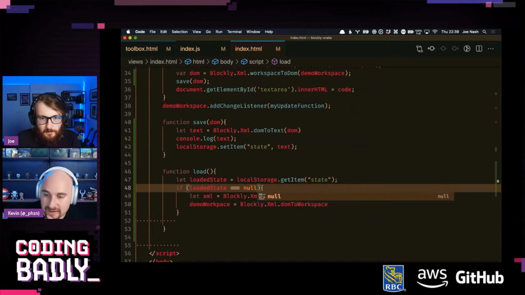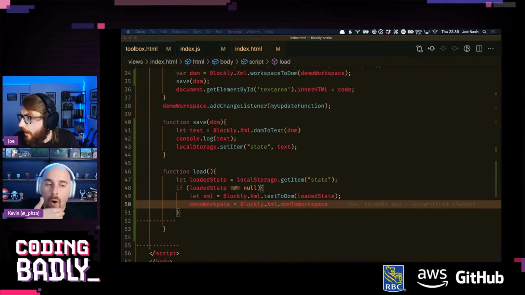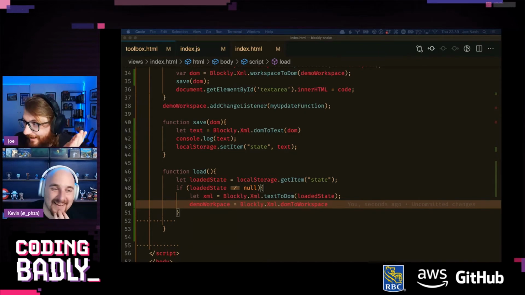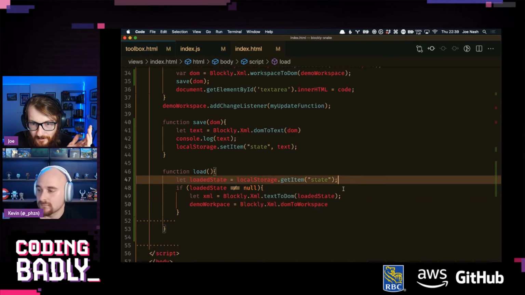Does the workspace not have a way to overwrite with new DOM/XML? That's a very good question, Matt. You would assume we know this API. That is an assumption, and you know what they say when you make an assumption. And it has append DOM to workspace. Decode an XML DOM and create blocks on the workspace. Position the new blocks immediately below prior blocks. That sounds fine. That sounds good, right?